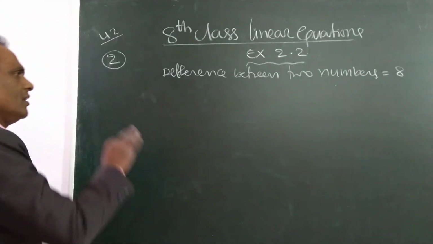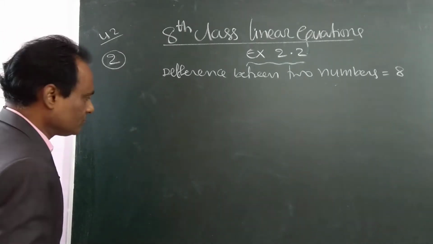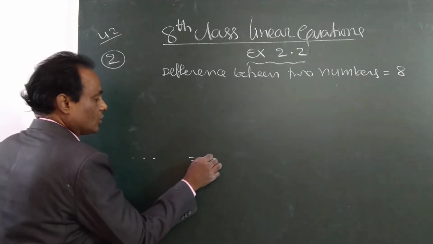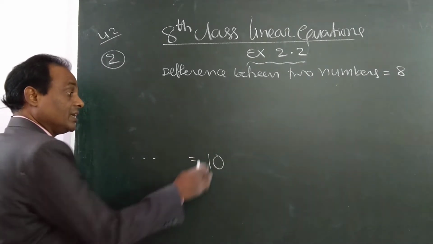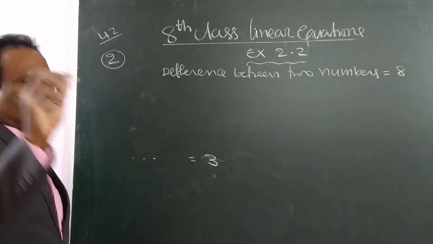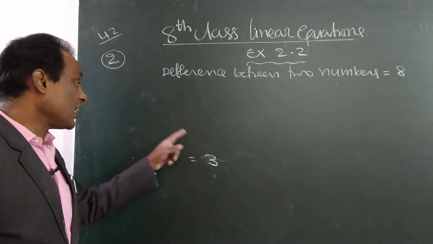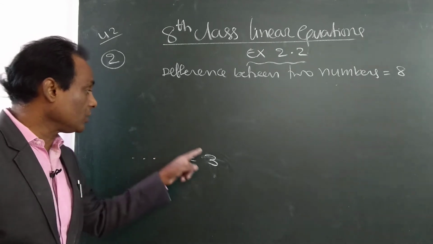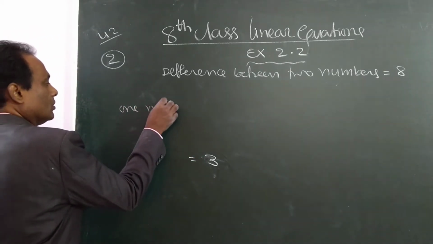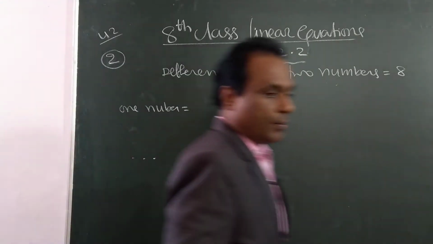First I will give a general example. Difference between two numbers is 10. Difference between two numbers is 3. Think about it as a general example. Difference means minus. Difference between two numbers is 3. So one number is